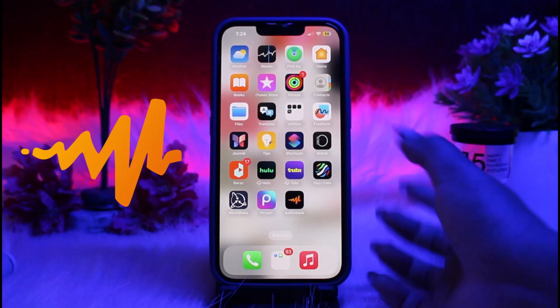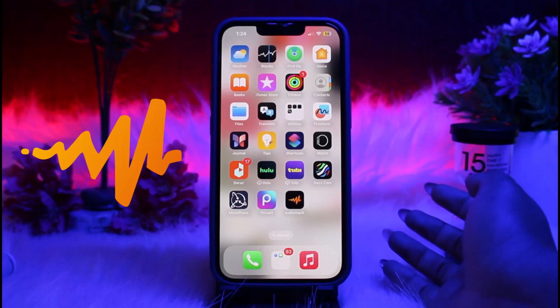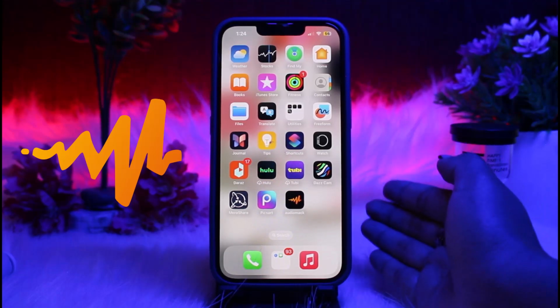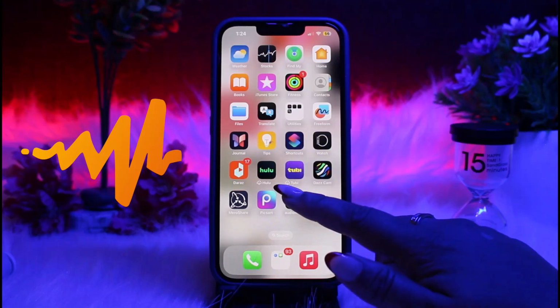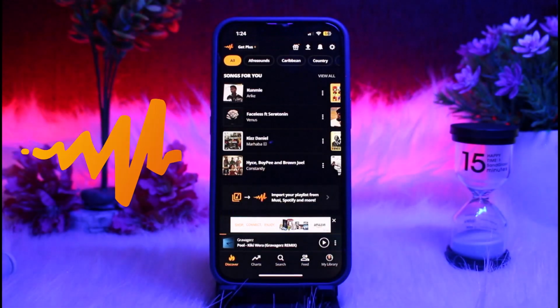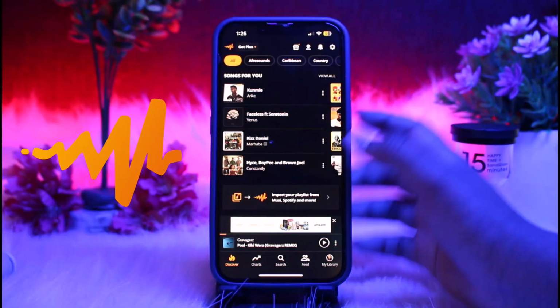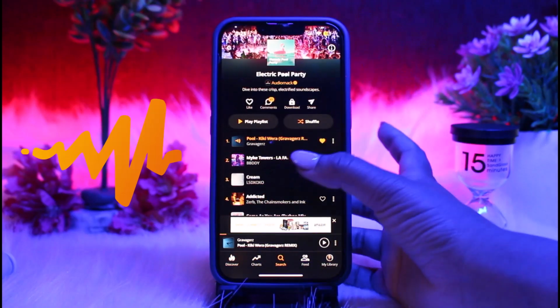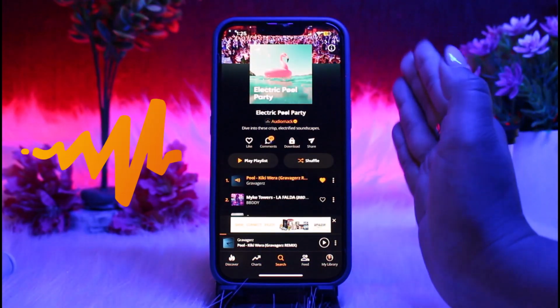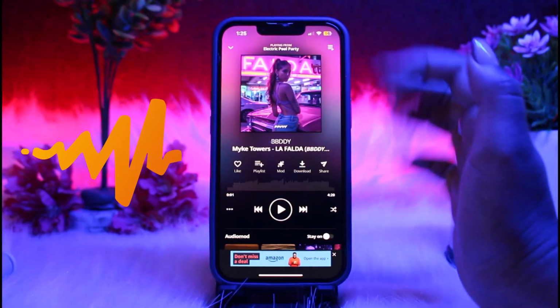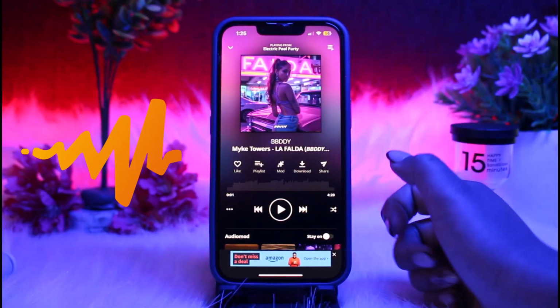Let's get started. Once you have downloaded the Mack app from your Play Store or App Store, launch the app on your device. Click on the app Mack and find the music. Browse or search for the song, album or playlist you wish to download. Like if I'd like to download a song of Billie Eilish, you can search for your favorite artist or the song you want to listen to. Now I'm playing a song that has arrived here, and to download,